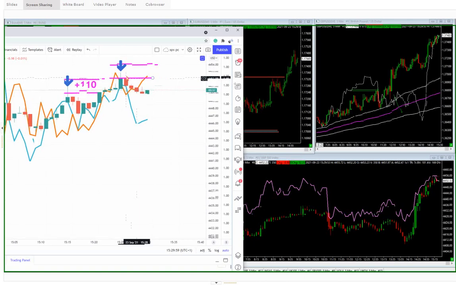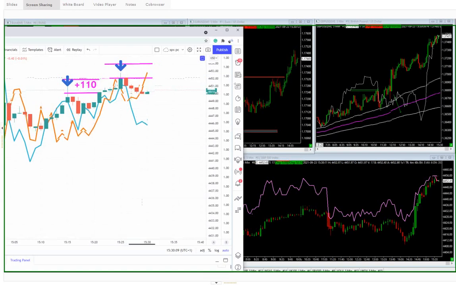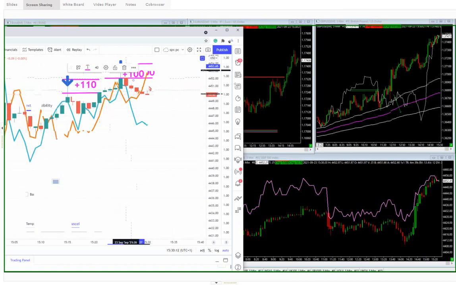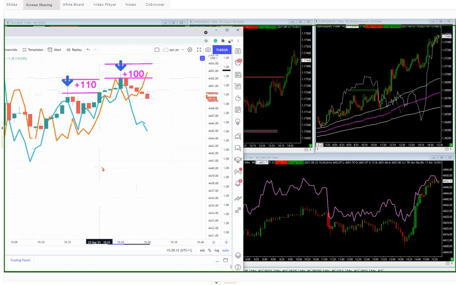This is a 1 minute chart, and you can see that it's now done that 44.50. So we've now got our $100 profit on that short trade. So I've now got another $100 on that trade, and I've now got a stop at break even on the second contract. This is only a two lot, guys. It's now $210 in profit on a two lot, and I've still got one contract outstanding, and I've got a